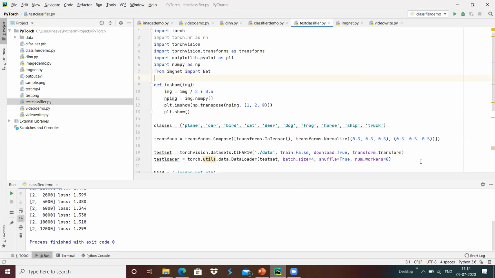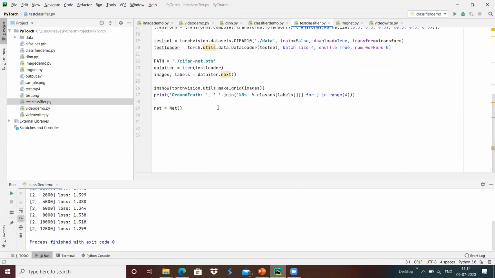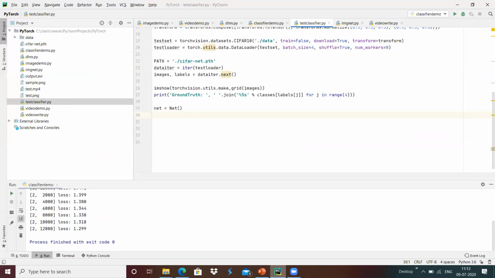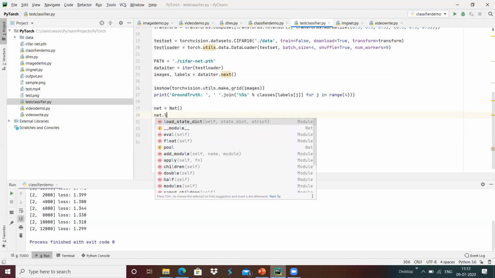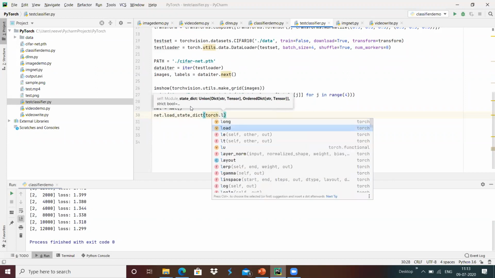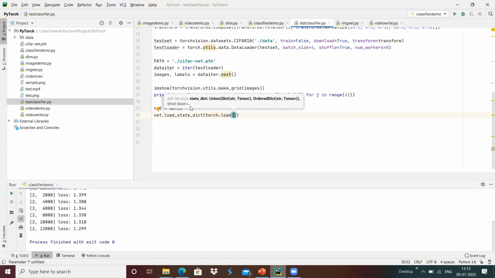And once we have imported from imgnet, we get the object for the neural network, and we will be loading the model which we have created, net dot load_state_dict and torch dot load, with a path that we have given over here. The cipher.net is the path that we are going to load.